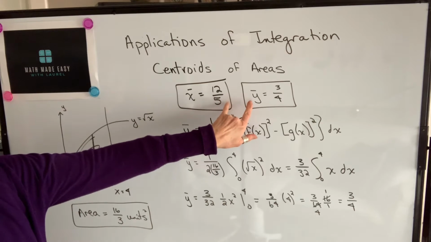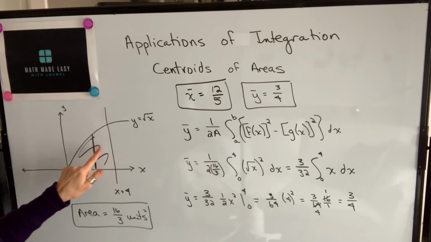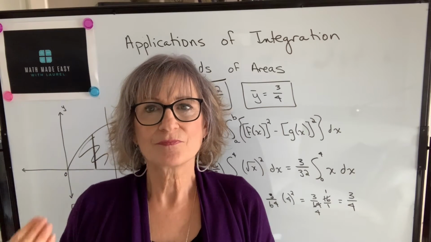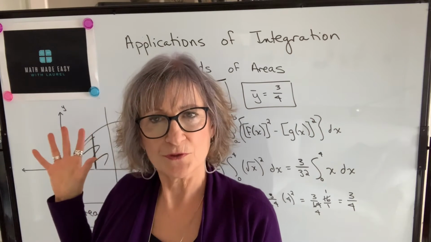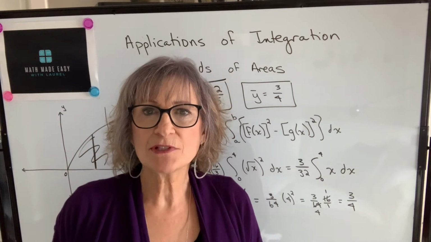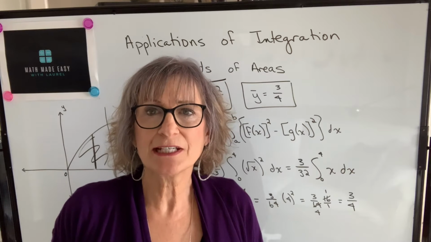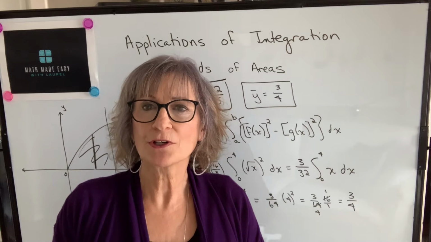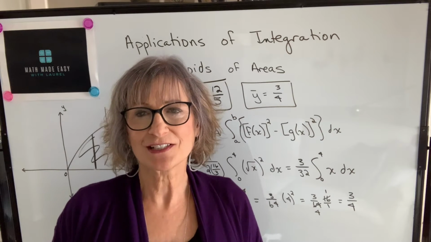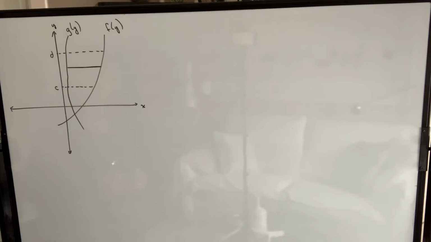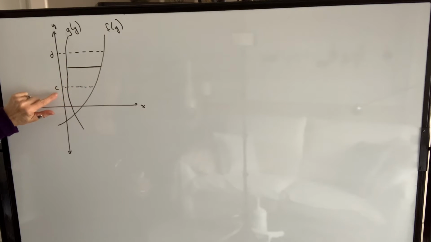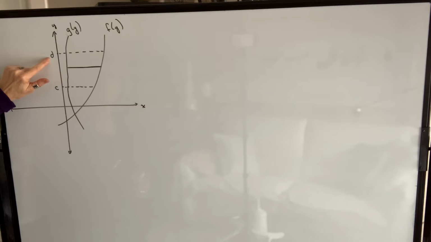So the point that has that x and that y-coordinate would be the centroid of this area. If you can use vertical rectangles, then you want to proceed and follow this method. But sometimes it's going to be easier or absolutely necessary to work with horizontal rectangles. So let's take a look at how we would calculate the coordinates of the centroid using horizontal rectangles. So if we were asked to find the centroid of the area bounded by f of y and g of y from y equals c to y equals d,